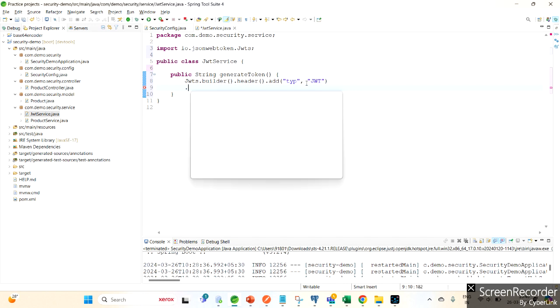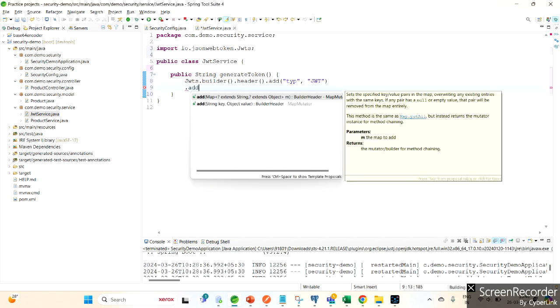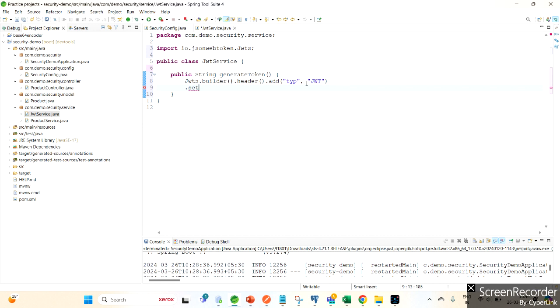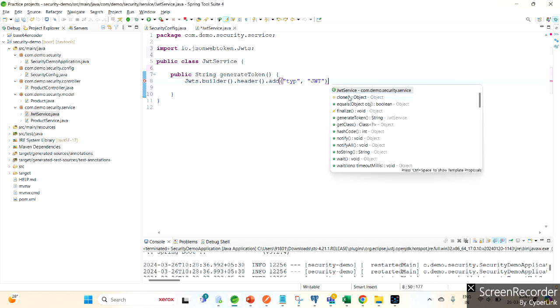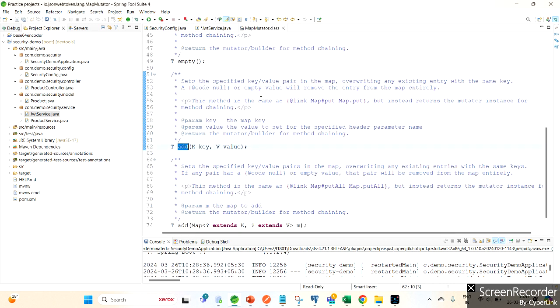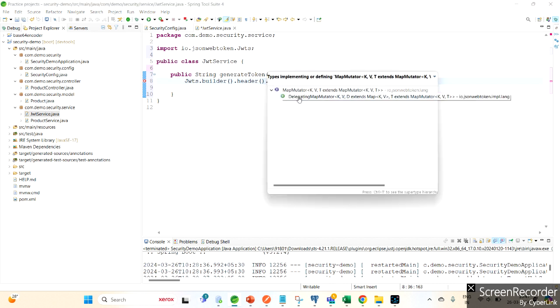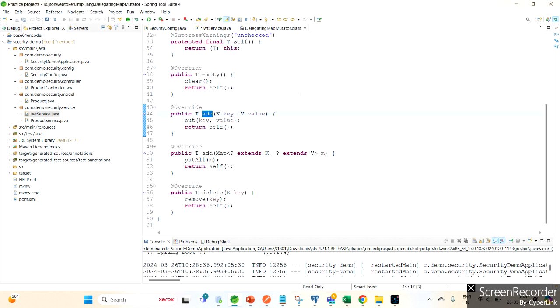With this, what is this header add doing here, what is it returning? We will see it is returning